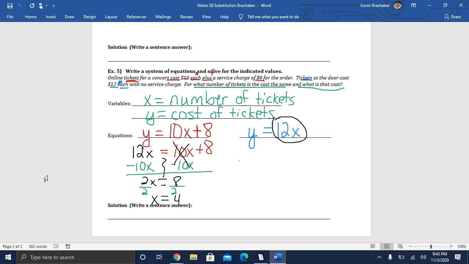Now that I know x, I can substitute that into my other equation. So y equals 12 times, and my x substituted in would be a 4. And so y equals 12 times 4, and 12 times 4 is 48. So once again, because this is a word problem, I would like a sentence answer. We'll answer both of the questions that were asked. So the first question that was asked is, for what number of tickets is the cost the same? So the cost is the same